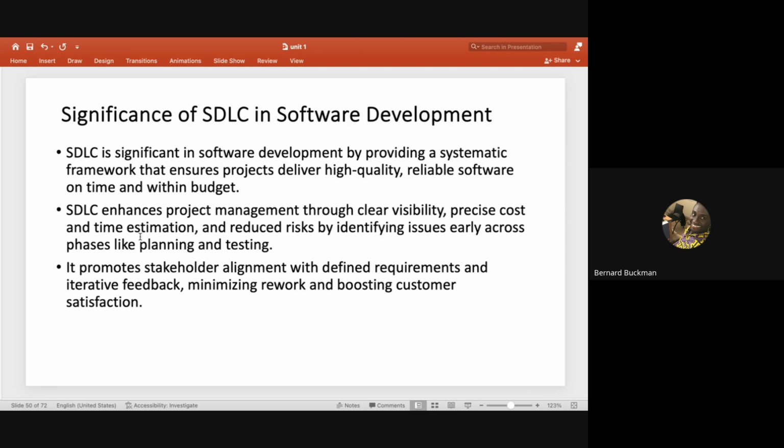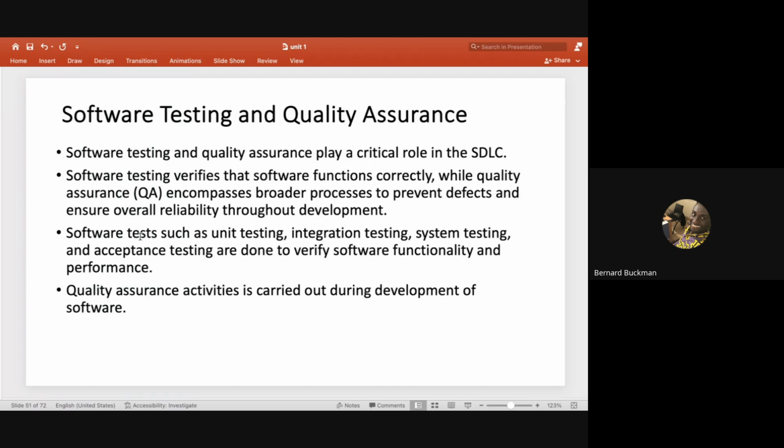So the software development lifecycle gives us that structured framework so that we can see the results, measure well, estimate how likely or how unlikely a particular system will be developed, and identify all the problems or potential issues that may result from the software design. Now, software needs to be properly tested, and testing is usually done during the development. There are different kinds of testing, like integration testing, system testing, acceptance testing, unit testing, right?